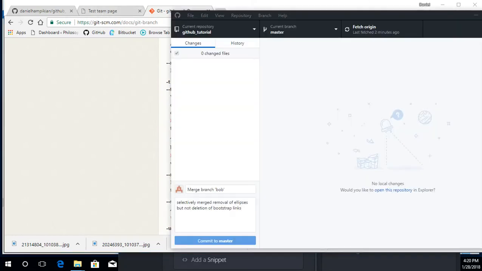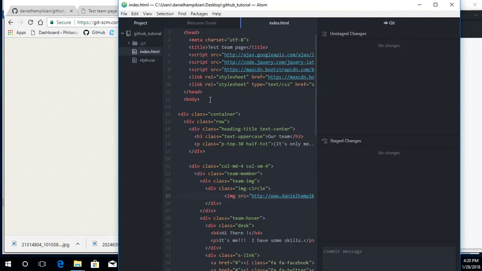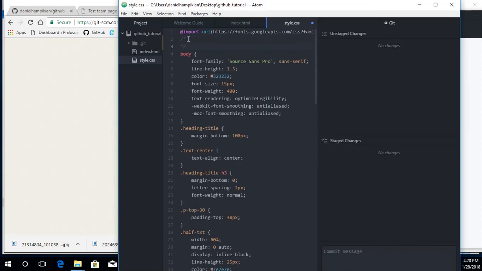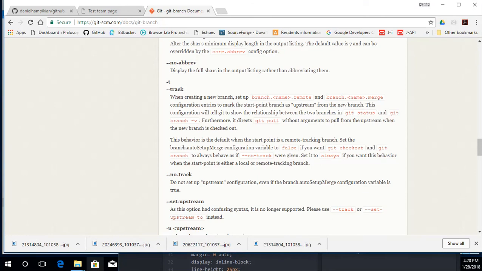So if we make one minor change here on our master branch in GitHub, let's just go to index and let's make a comment in our CSS that is just testing GitHub command line, or Git, sorry, not GitHub, just Git command line commands. So if I save that now, and I go to,